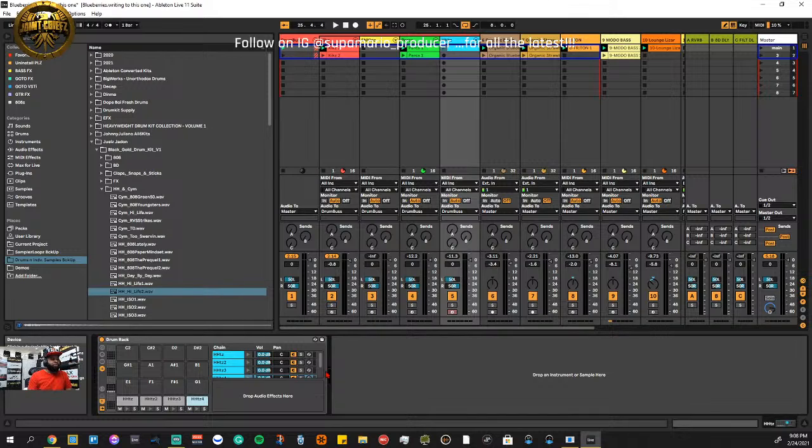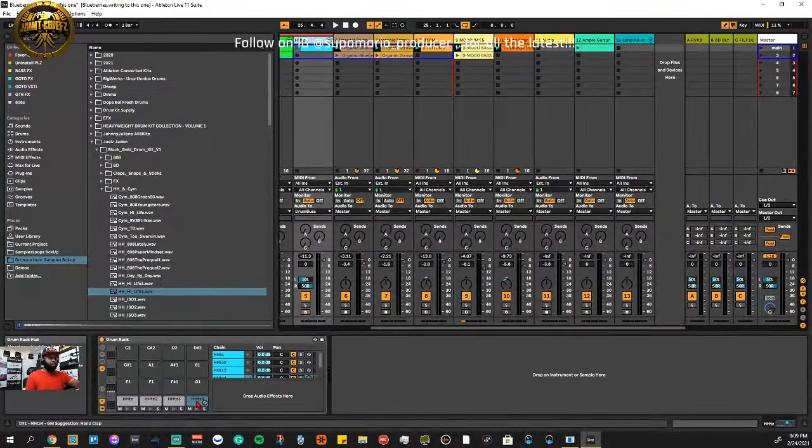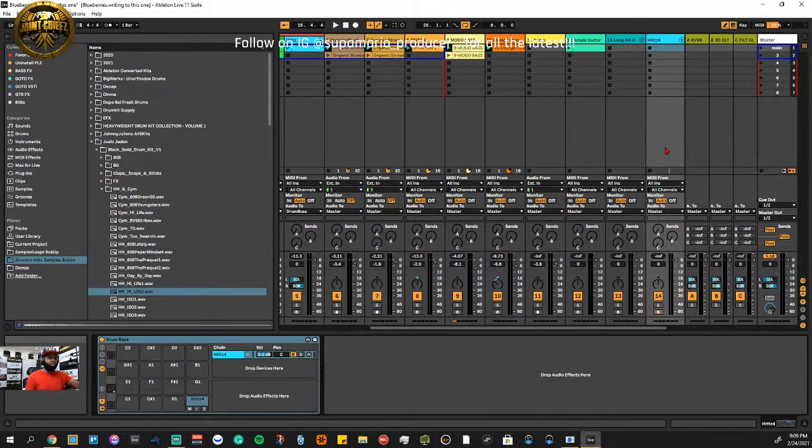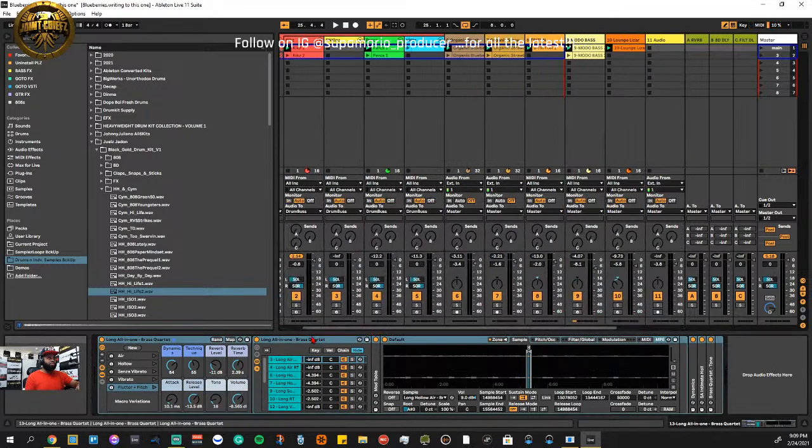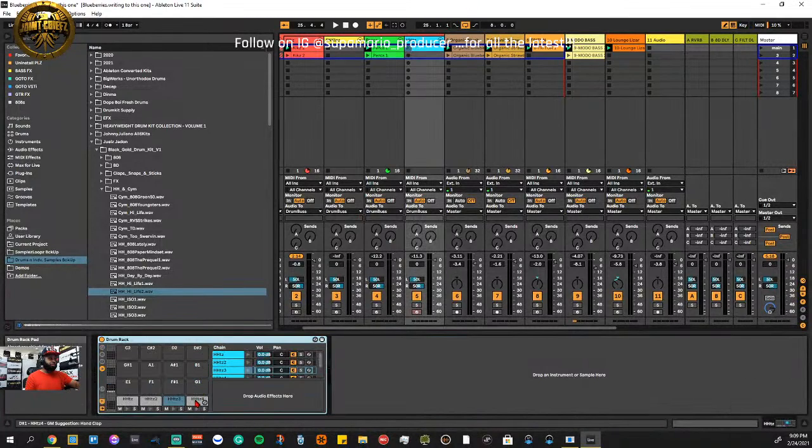So what you can do, if you've got a drum pad in a drum rack, you can easily drag that out of the drum rack and just create a simpler device by itself, or it's going to create a drum rack for it. Or you can undo that, go back to that drum rack with the hi-hat, and you can